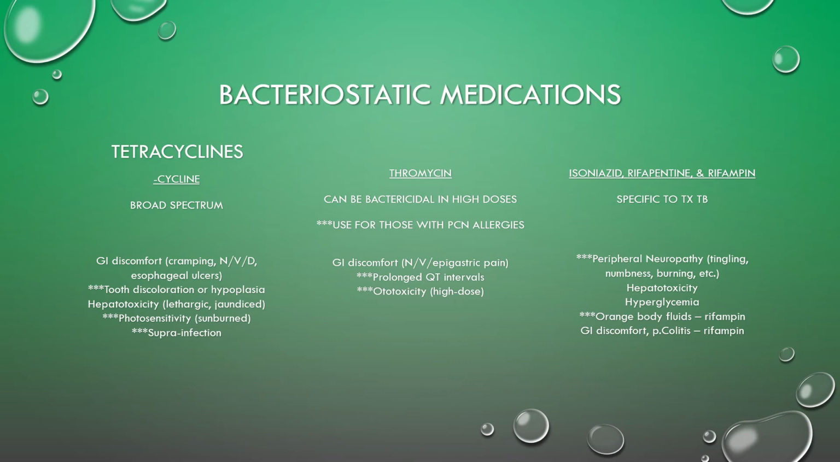Tetracyclines are for broad spectrums, but you're going to make sure and look for any GI discomfort. So nausea, vomiting, diarrhea, esophageal ulcers. And teeth discoloration or hypoplasia can occur. So if this is oral, we're going to make sure that we're giving it through a straw, so it's not staining their teeth. And then hepatotoxicity, which is the liver, and then